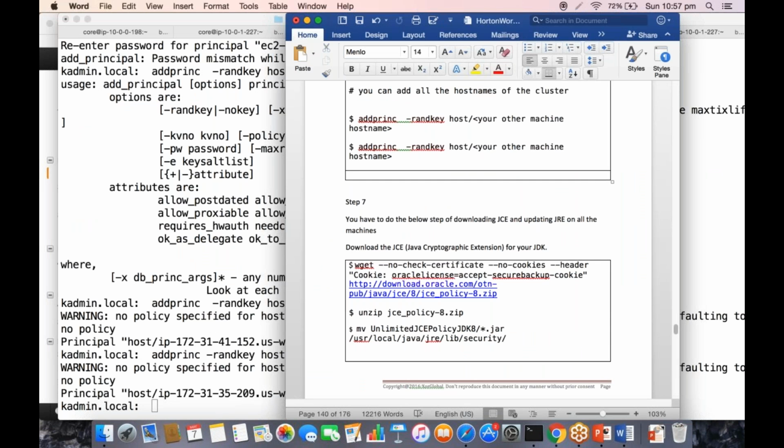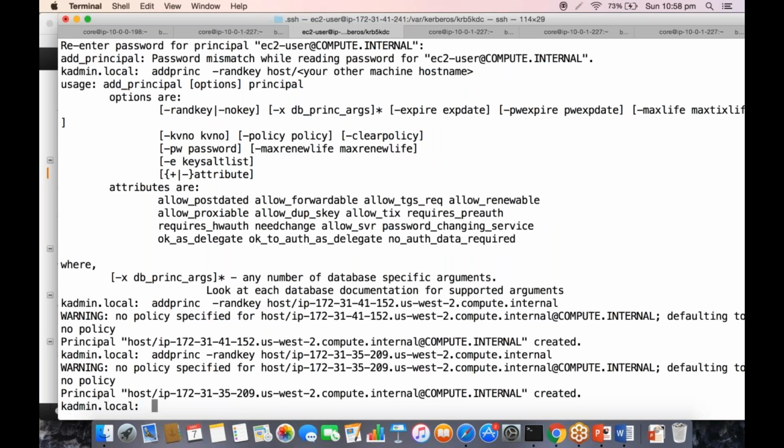This is again a very important step, because when you integrate Kerberos with Ambari, it will ask for the JCE policies, Java Cryptography Extension. That's the manual step which we have to do, and we could have done it in the beginning of the session when we were installing the JDK, so that we would not be doing it right now. But since we are doing it today, we will download these Java cryptography policies and then add them to our JRE lib. So we will exit from here.